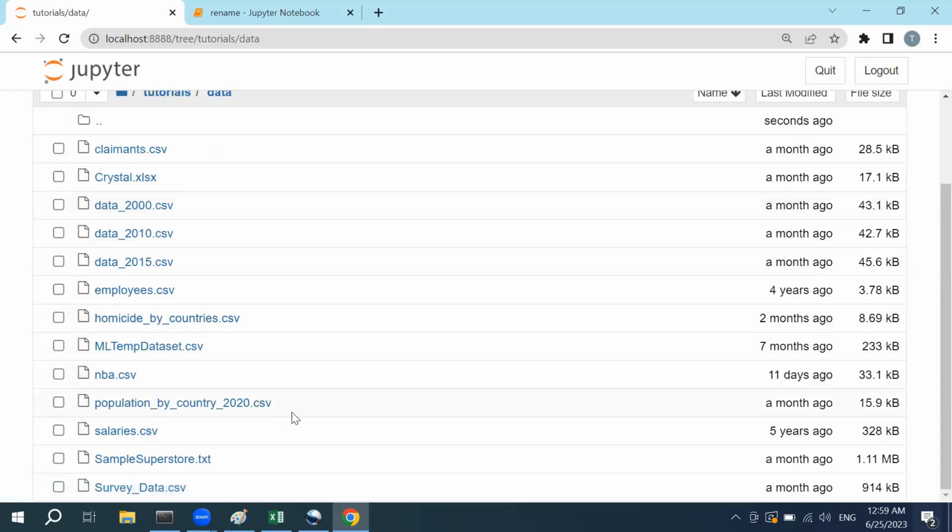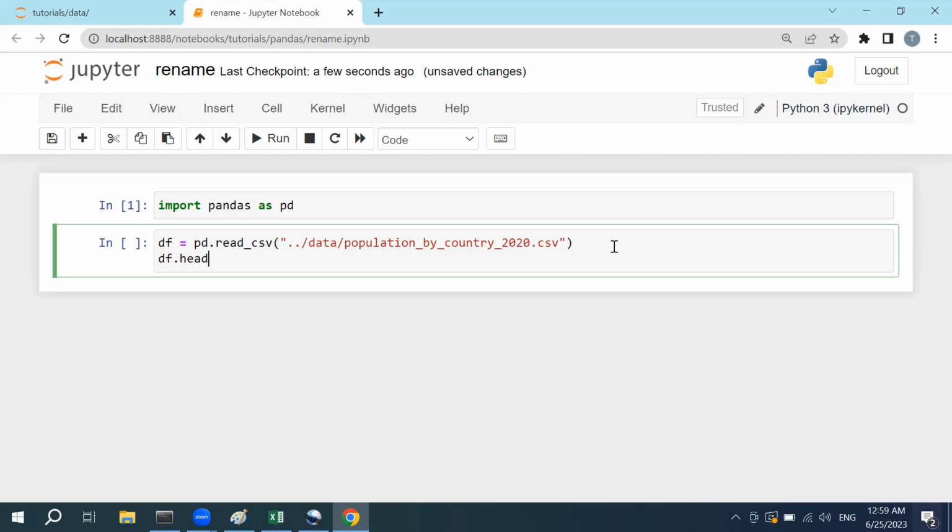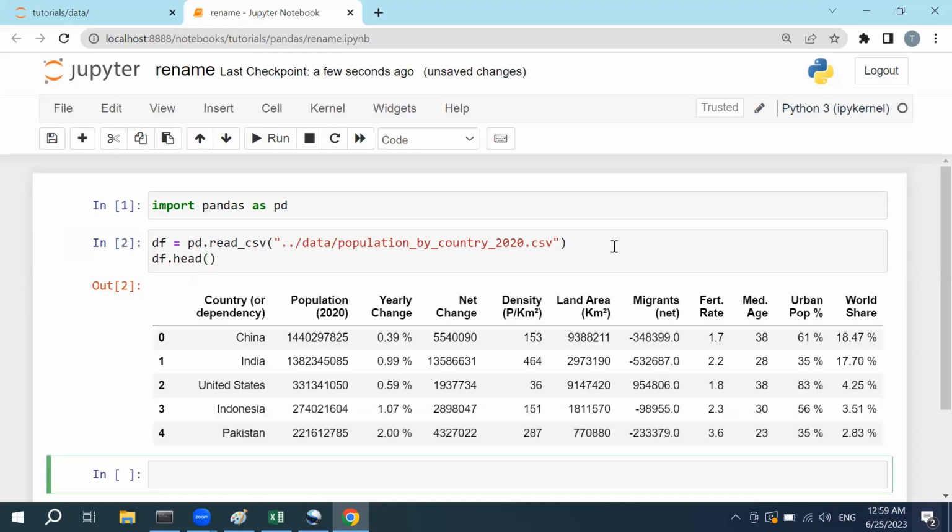Right, this file name, I will pick up this one. Okay, I will type in pd.read_csv, two dots, then one step back inside of the data folder and call the name of the file. Okay, print out the first 5 rows. Okay, I have imported my dataset, and now I'm going to change some of the existing label names from the